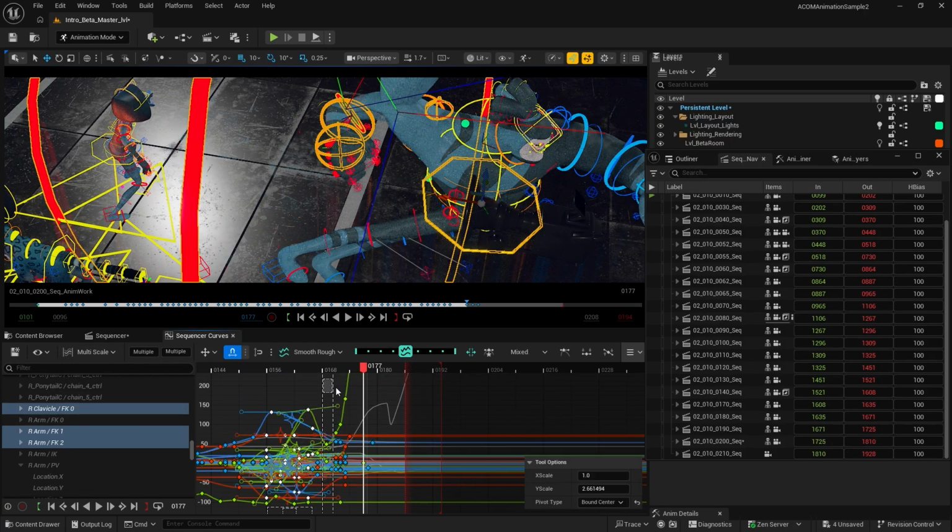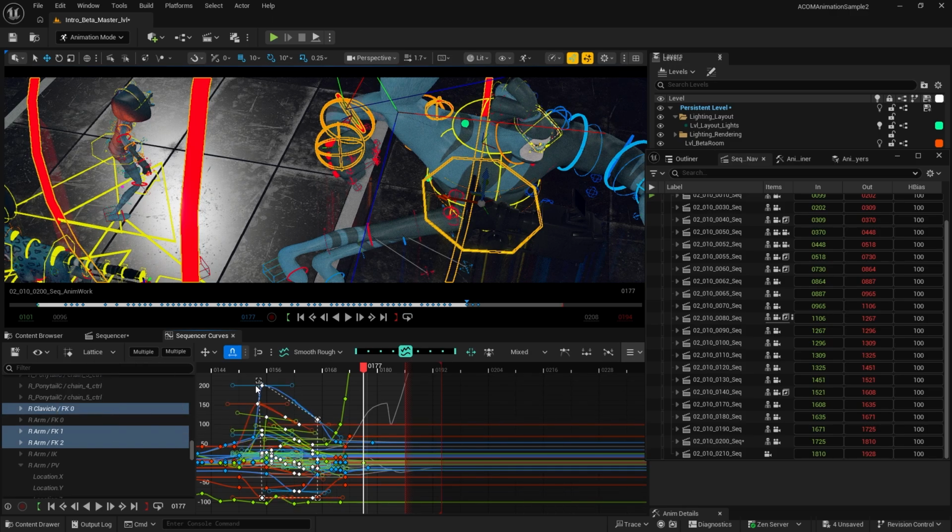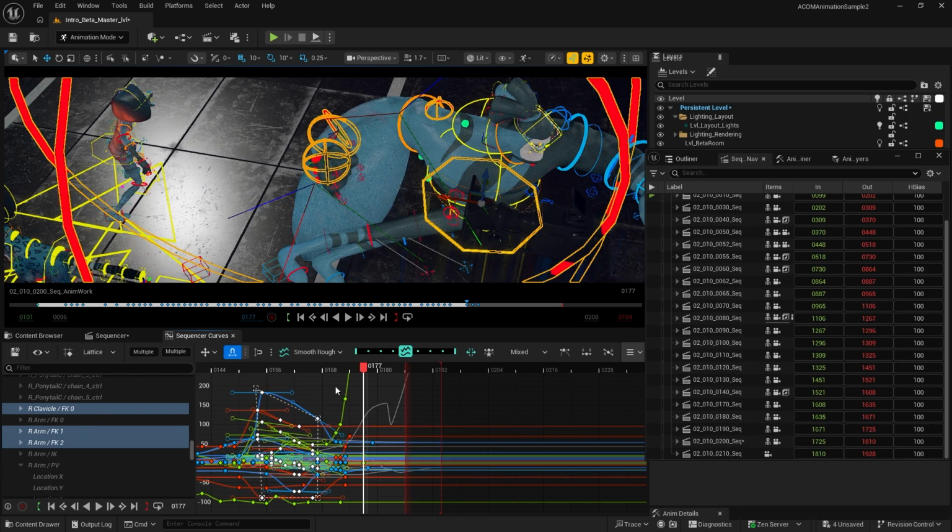Multiscale allows you to scale certain objects in certain directions, as you can see, either vertically or horizontally. And the lattice is like a skew tool in Photoshop, so you can basically skew all this content.